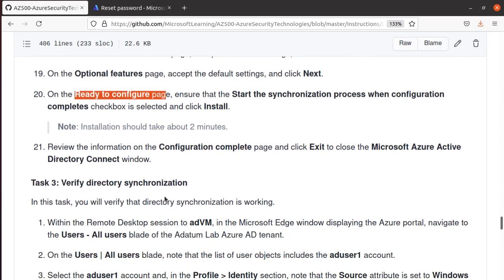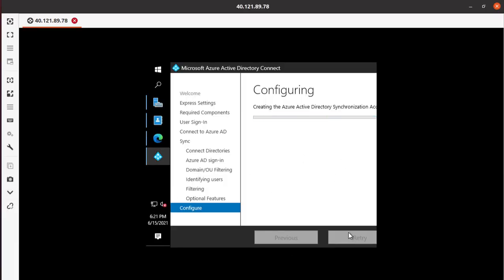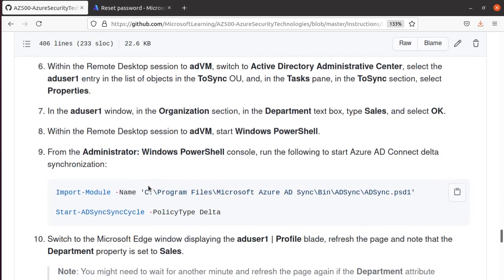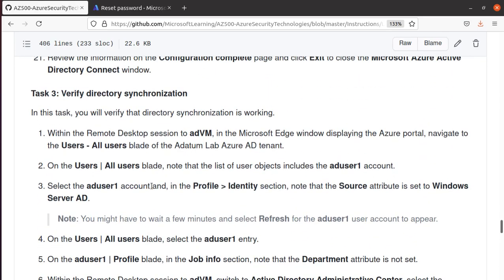So come back over here, we have done that, and then review the information on the configuration complete page, and click exit to close the Microsoft Azure Active Directory Connect window. So as soon as this is done, we're gonna close this window. It will take just a minute. Okay, so I hope that's the last. Yeah, the last thing, we have done a lot of work already. Last, we have to